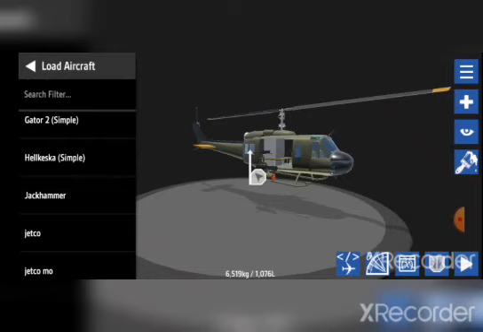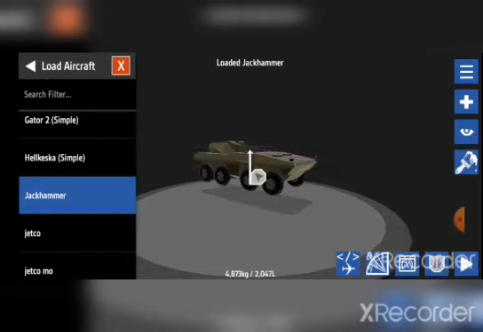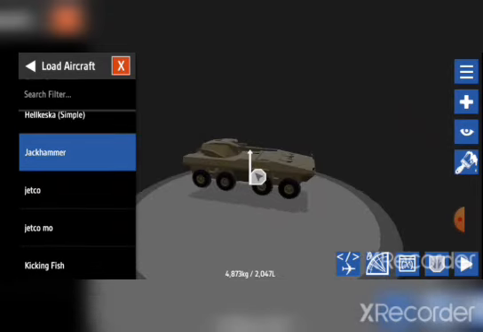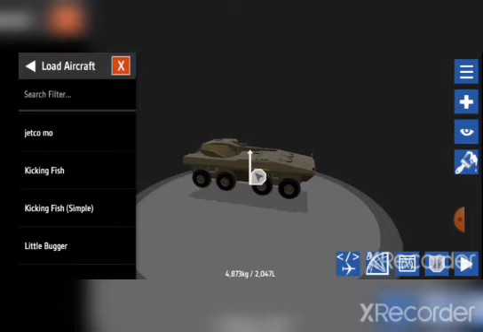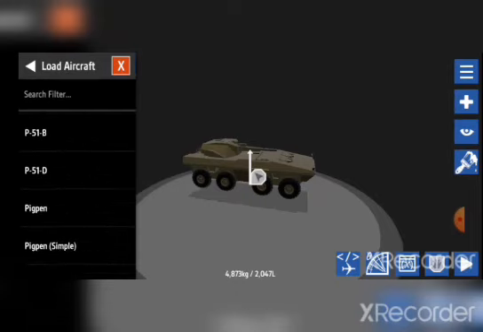Okay, this is an armored tank, the Jackhammer. Oh, it's taking time. You can see there's one cool looking tank. Alright, let me go ahead and show you my fastest airplane of the collection. It can go as fast as 6,000